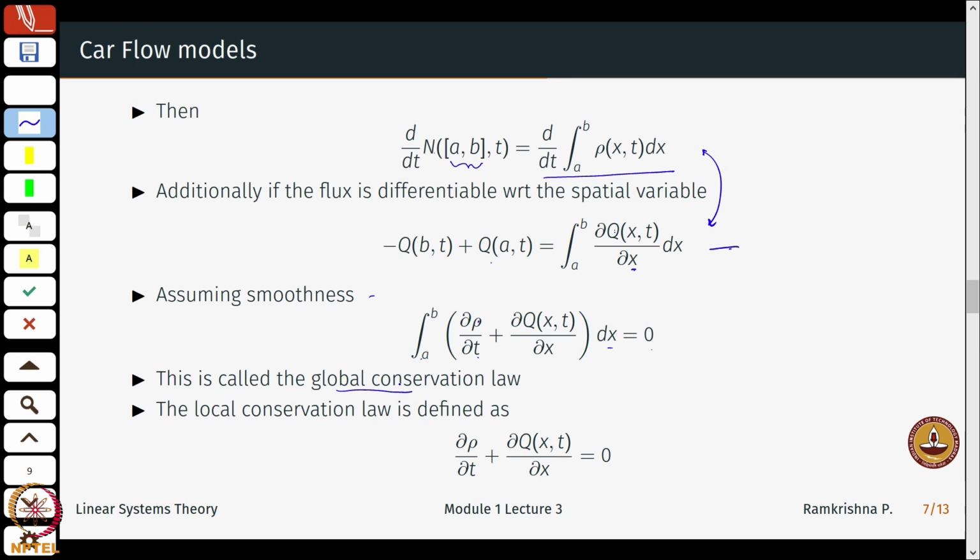A little proof will also show, okay, we will skip the proof, that I can just write this down as a local conservation law just for any point x, and this is valid for any point between say 0 and L, if L is the length of the entire highway. Okay. So, this also resembles the mass conservation law in fluid dynamics.